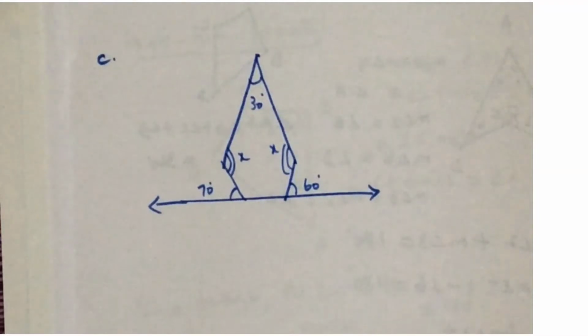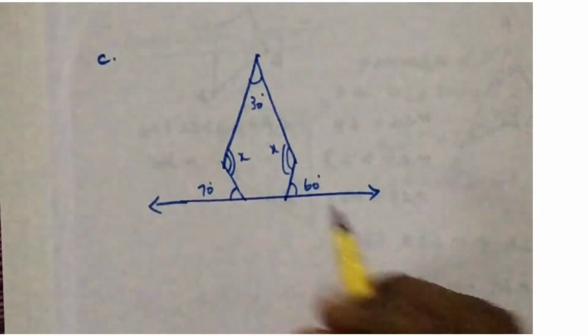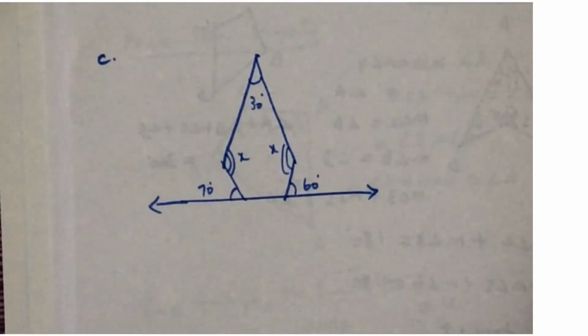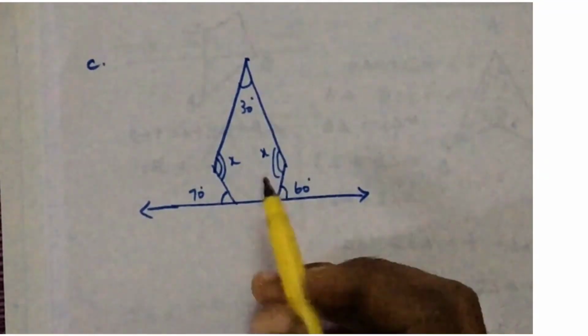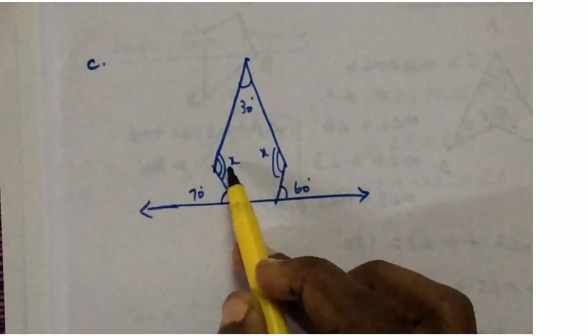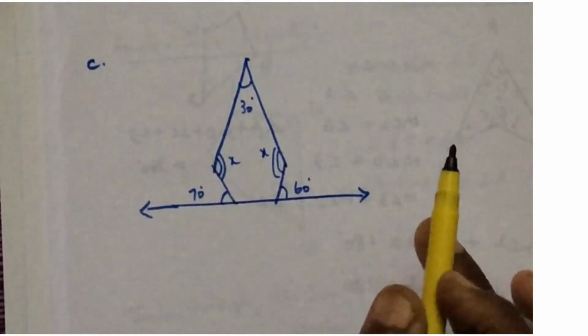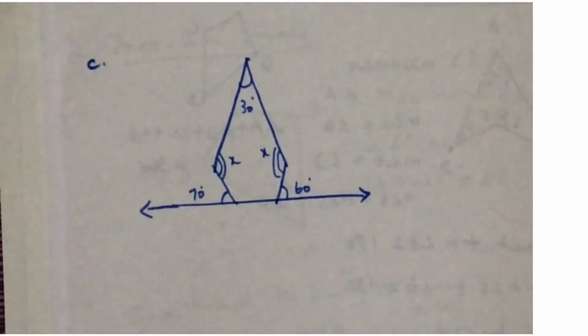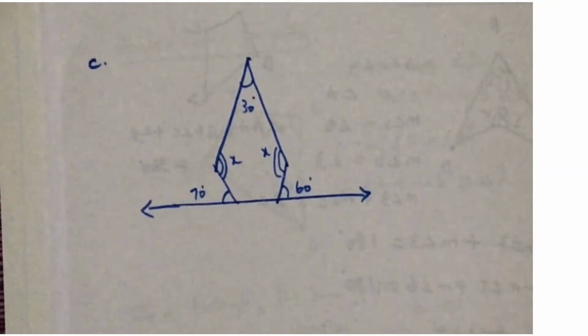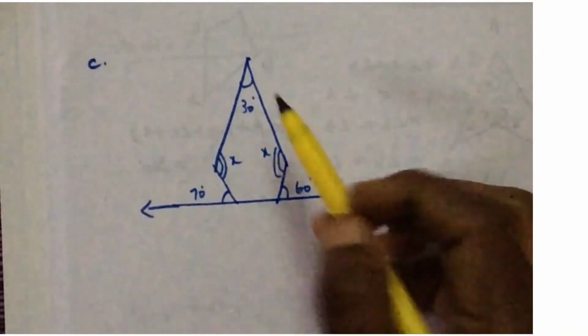Now the next problem is here. We should find what this x is. Here, what does the symbol mean? This is also x, this is also x, which means both of these angles are equal. First thing is you have to count the number of sides. You should not mistake it for a quadrilateral or triangle. Here you count how many sides are there in this figure.